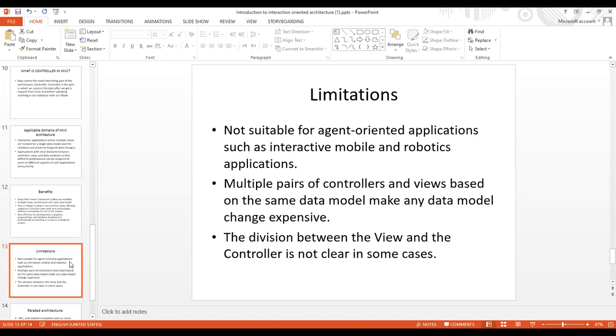The division between the view and the controller is not clear. In some cases, the disadvantages of the MVC architecture are not huge and are very easy to ignore when compared with the benefits. So there are many benefits as compared to the limitations.